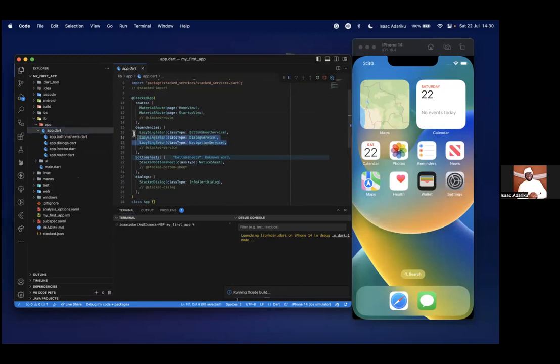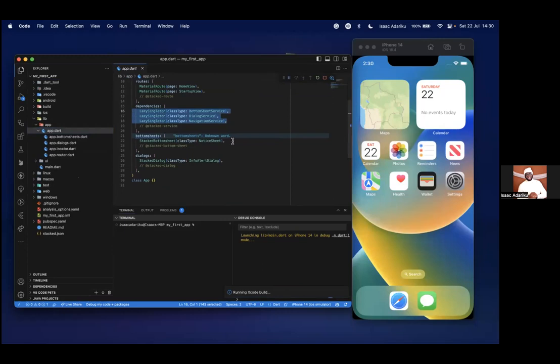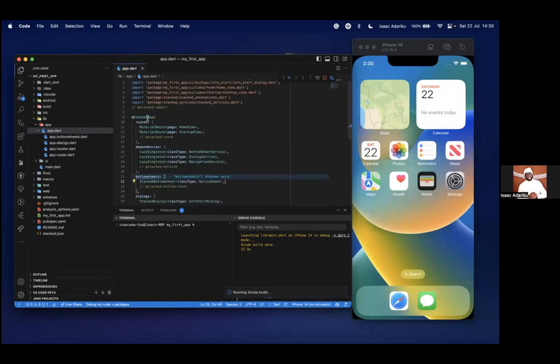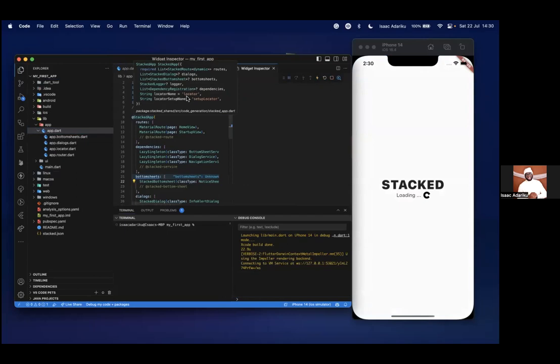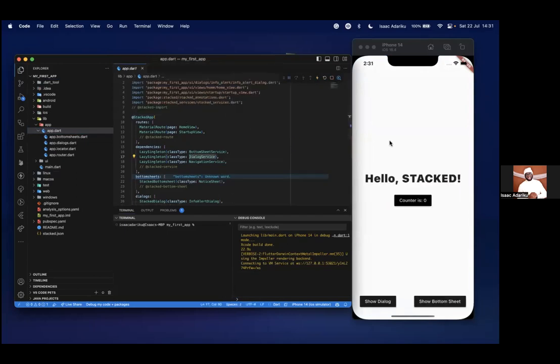All of this comes along with it. There's the bottom sheet, which you can register here. There are dialogs, and there are also other functionalities like the logger, if you want a logger, or maybe you want some other customization.